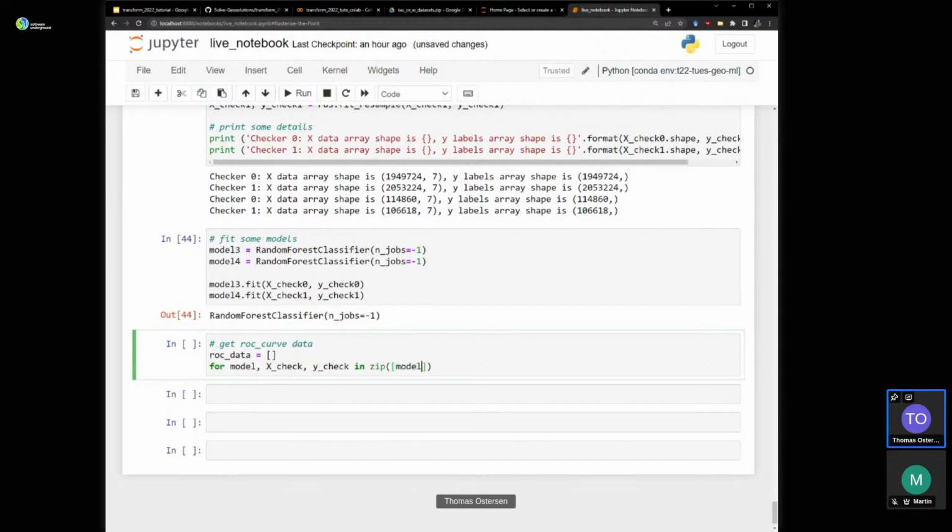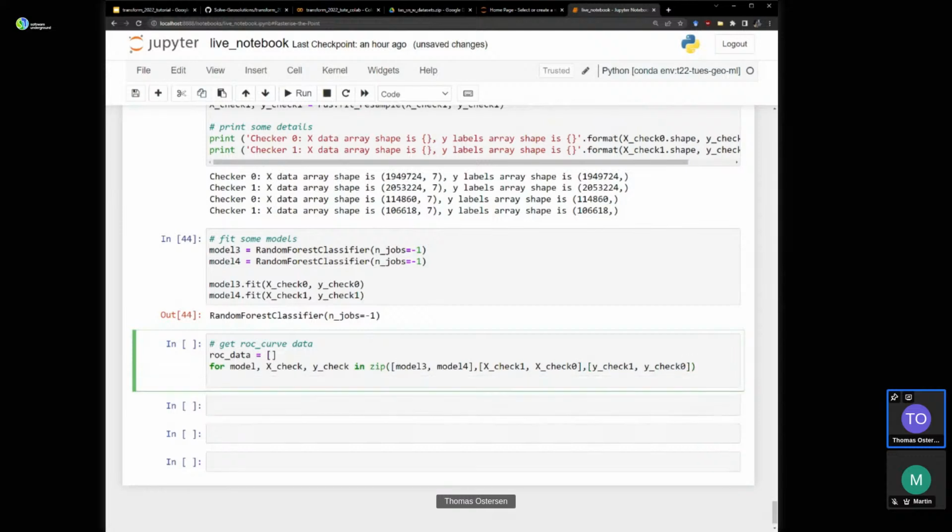Let's put some lists in here. Model 3, model 4, X check 1. That's correct. So for model 3, we're going to validate it against checker 1. And model 4, we'll validate it against X check 0. Do the same for the Y checks. Y check 1, Y check 0.